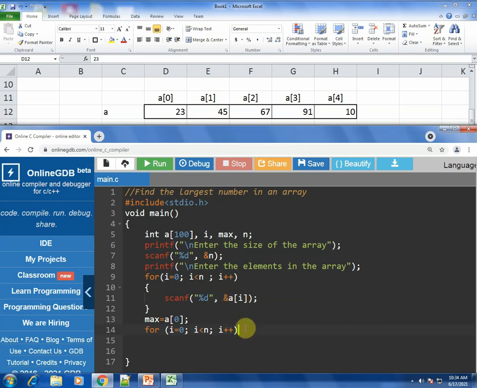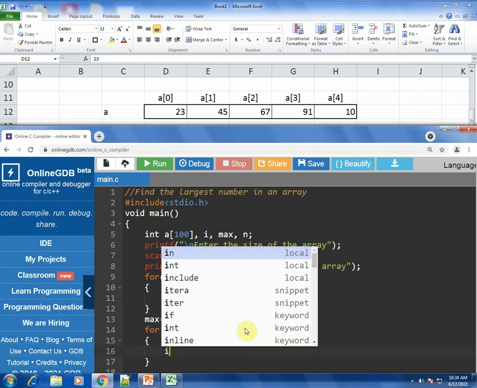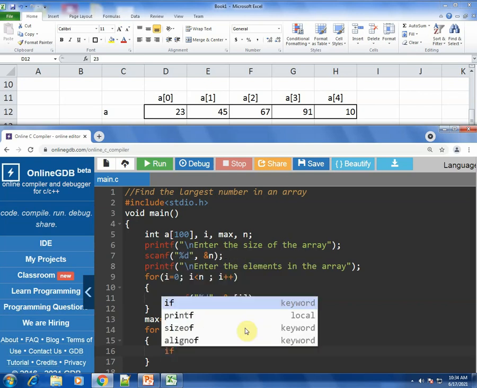Alright, after this, in the body of the for loop, you would have to check the elements with each other. What would you actually check for? You would compare them with each other and see which is the largest. So comparison operators would be used basically. So you have to write an if statement. I would use an if statement.